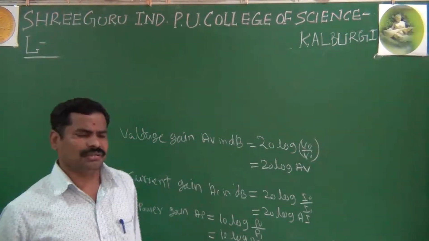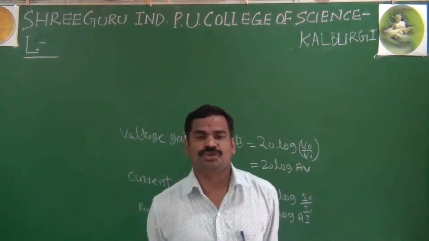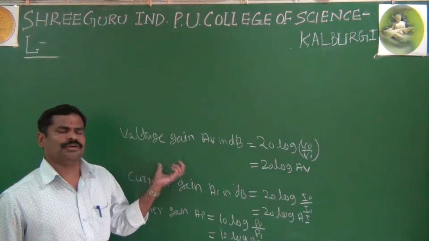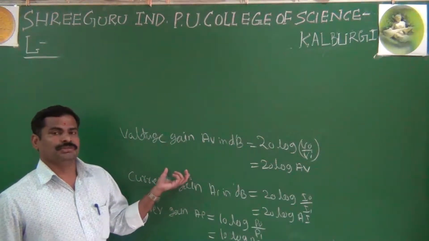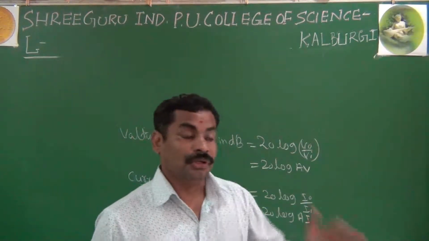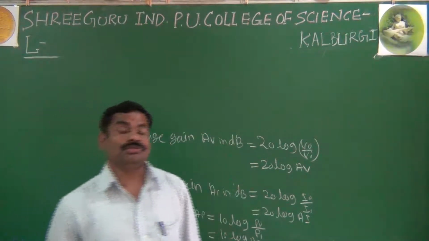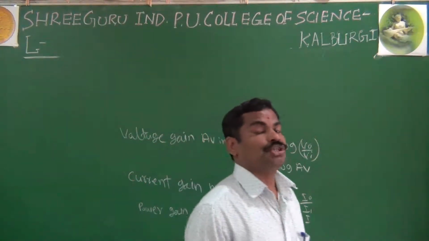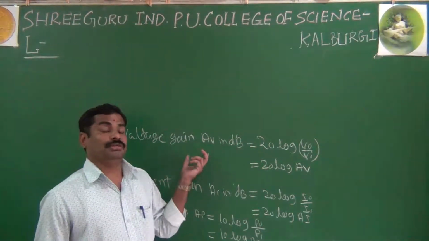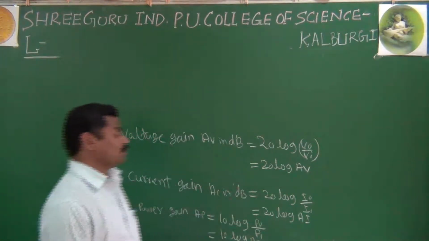And also you are studying in further chapters the noise figure or signal to noise ratio, especially in communication. You are using dBs or decibels to measure the signal to noise ratio, or if you want to compare two power levels, or if you want to measure the sound or intensity of sound, that is also possible by using your dBs. This is about the importance of dBs.